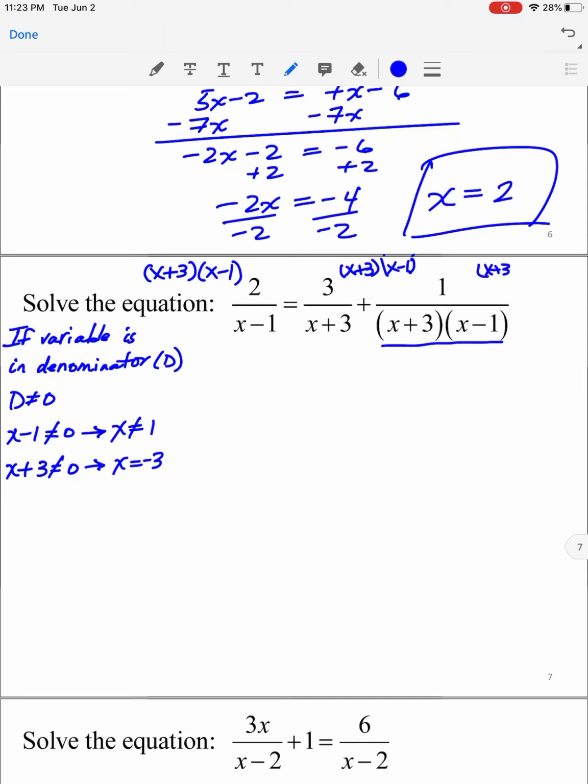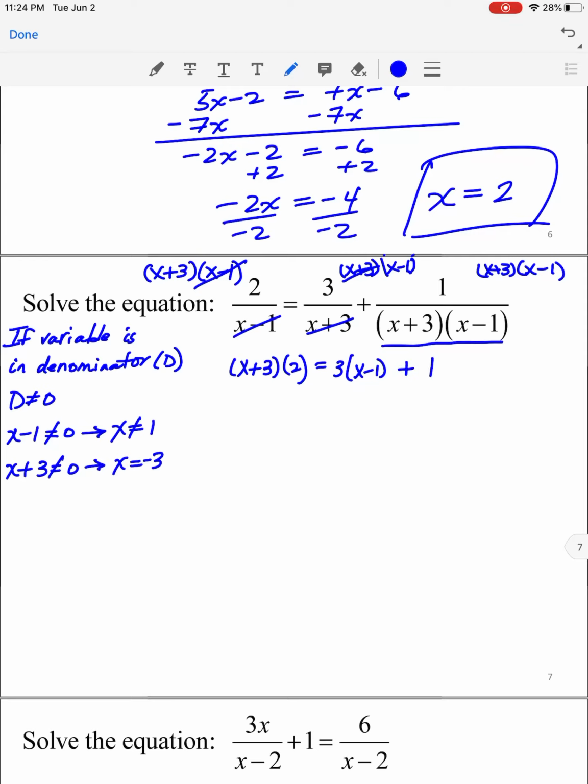The last term, x plus 3 times x minus 1. All right. X minus 1 in the numerator, x minus 1 in the denominator. Divide each other. That gives you a positive 1. So that leaves us with x plus 3 times 2 equals. Go to your next term, you have a x plus 3 in the denominator, x plus 3 in your numerator. Divide those, you have 3 times x minus 1